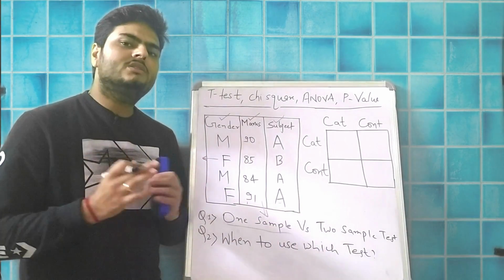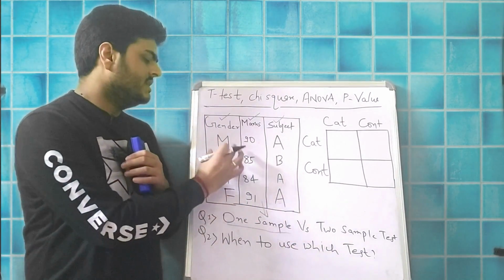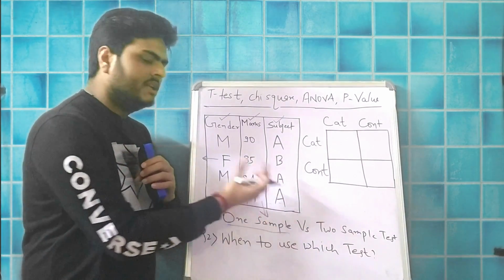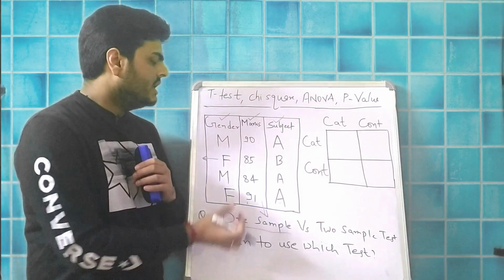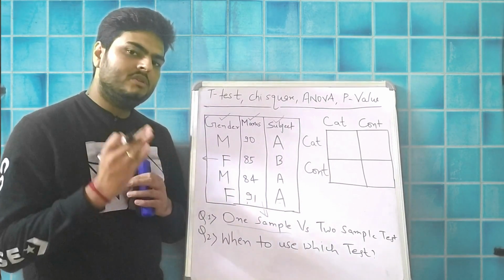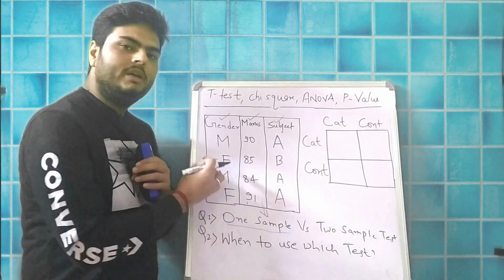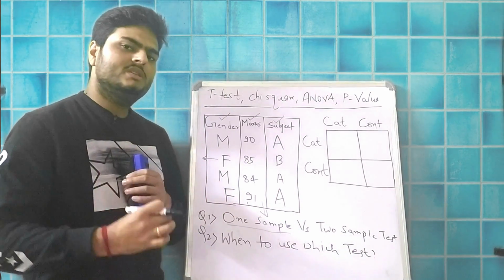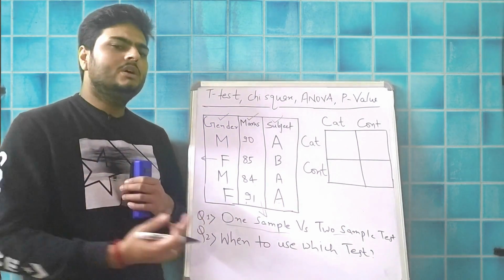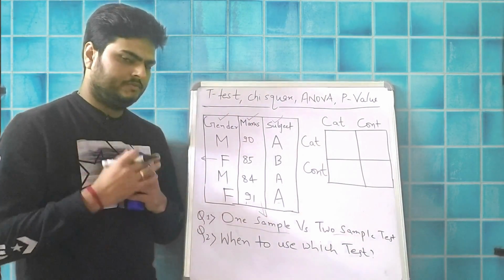But in data analytics, we do not limit ourselves to one sample only. Many a times we need to do different columns analysis, right? So we need to see how a column is dependent on other column, or we need to do some hypothesis validation on how the columns are interdependent. Let us take the example one by one of something known as two sample. Two sample means two variables you are taking, for example.